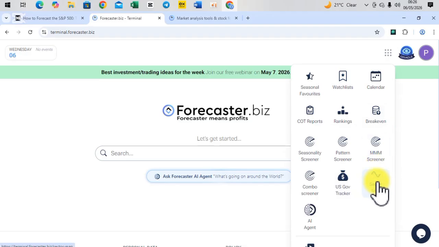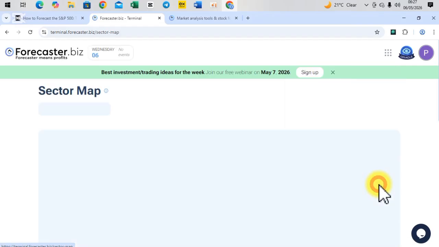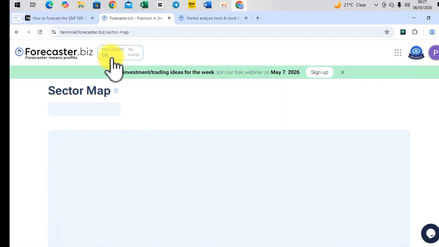As I told you in my previous video, this forecaster works like Google, where it has its tools section, and I promise that I'll be making videos explaining each of these tools. So today we are going to explain how the sector map works. So we click here. The forecast will also show you the dates,